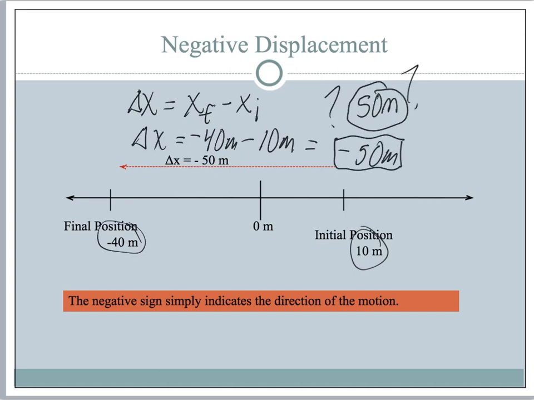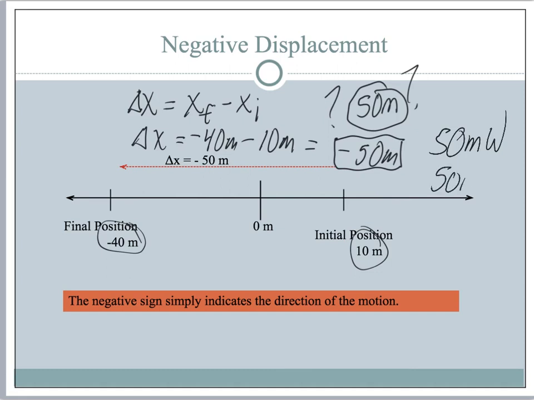So that is why we would say that is a negative displacement, because it simply means that I went to the left or in a negative direction or west, depending on how you want to describe it on the picture. Now, if we knew that to the left was west, maybe we could write 50 meters west on there, but they don't give us any information about that, so we don't really know if that's the actual direction.